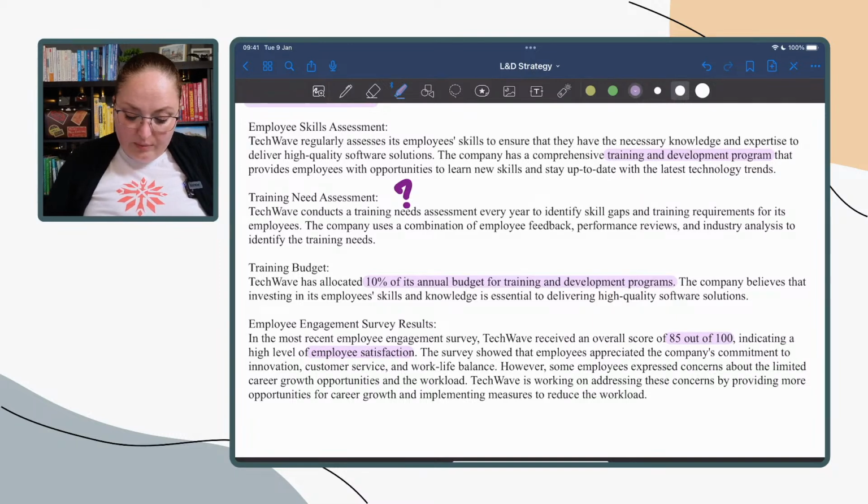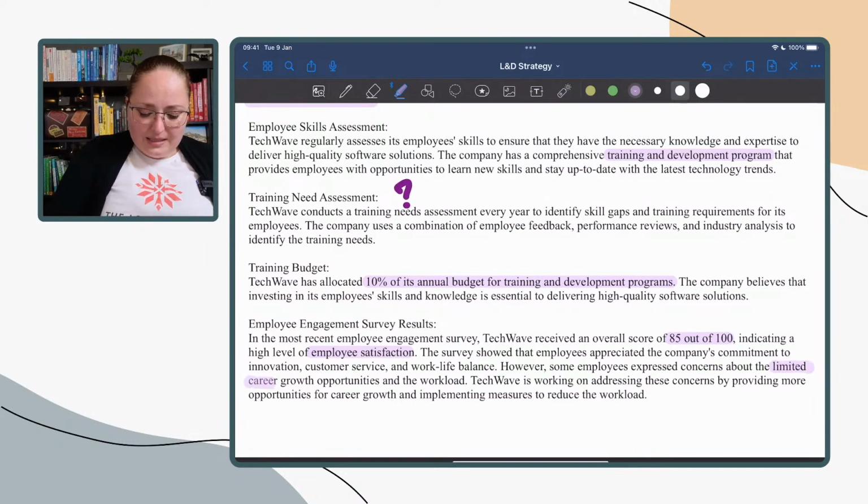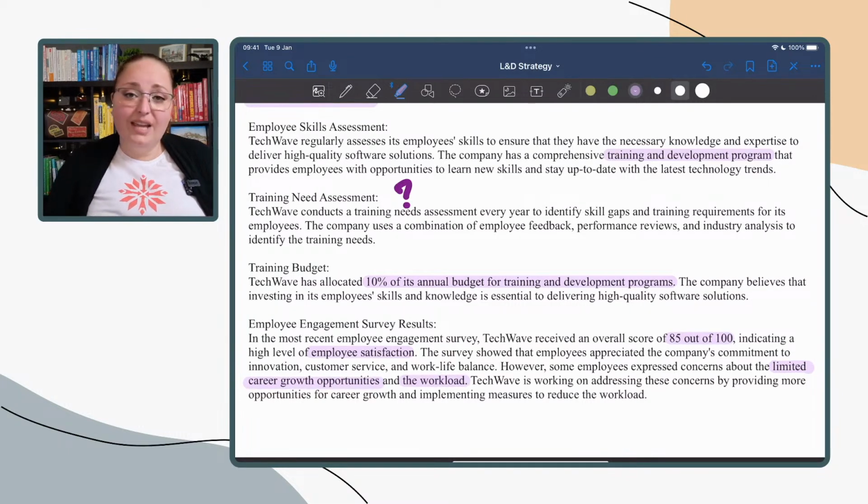The survey showed that employees appreciated the company's commitment to innovation, customer service, and work-life balance. However, some employees expressed concerns about the limited... there we go. As an L&D, I don't want to be reading this. So we have limited career growth opportunities and the workload. Yeah, that checks out. Techwave is working on addressing these concerns by providing more opportunities for career growth and implementing